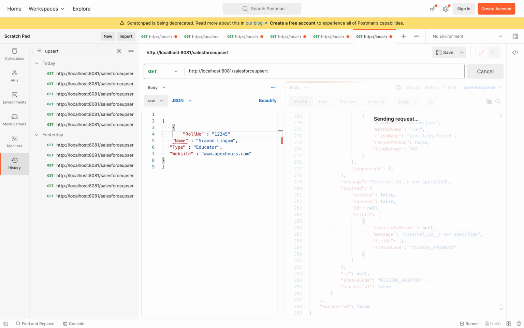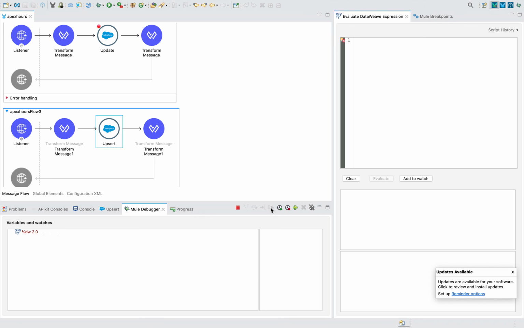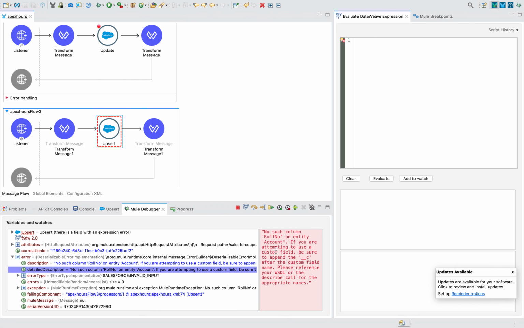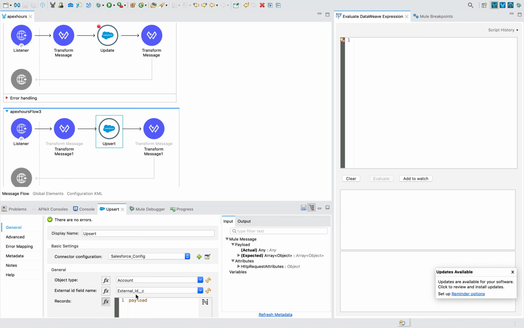Oh, my bad, it will give an error here because I didn't give a comma. So resume it. Now send it again. Okay, it is saying no custom field account with roll number and all. Why? This is good. This is how you will learn things, right? You got an error, then I made a mistake, like I chose external ID, but